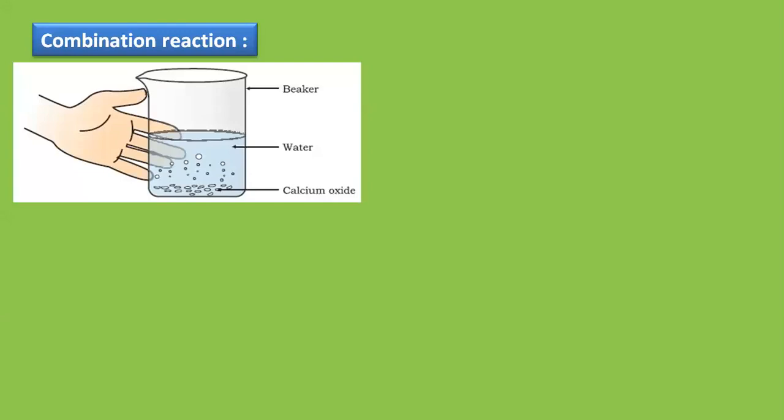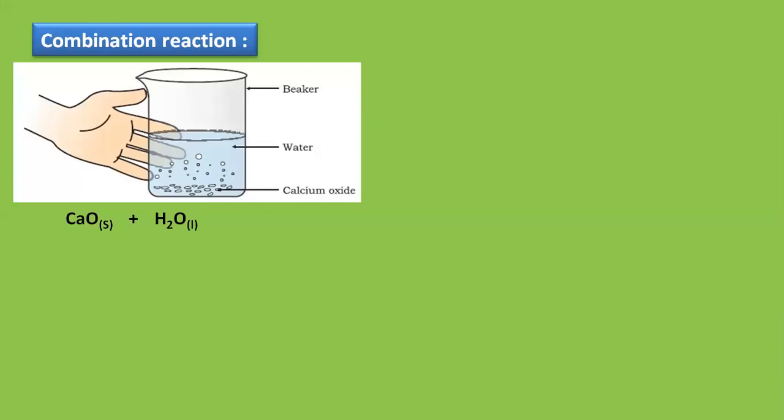Calcium is Ca and oxide is because of oxygen, which is O. Then refer to your valency chart if it's not learned yet. I would still request, please revise your valency chart again and again. Calcium valency 2, oxygen valency 2, both the 2s get cancelled and I get CaO, which is my calcium oxide, as you can see on the screen. At the base I have written S, which means it's a solid substance. I am going to dissolve it in water, which is liquid, and it is going to give me the product as.